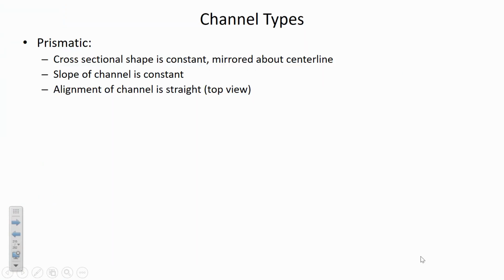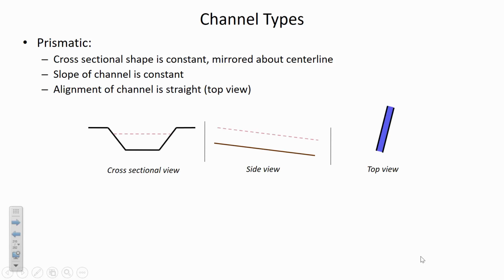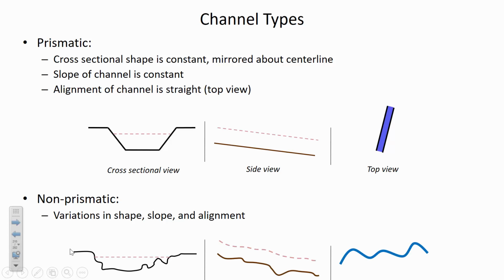All right. We can further classify the flow through channels into whether the channel is prismatic, which means that you have a constant cross-section with regular boundaries, and it could be mirrored along the center line. The channel profile is regular, and if we look from the top, it's straight. But a non-prismatic channel, which is more common in nature, is going to have a cross-section that is variable with